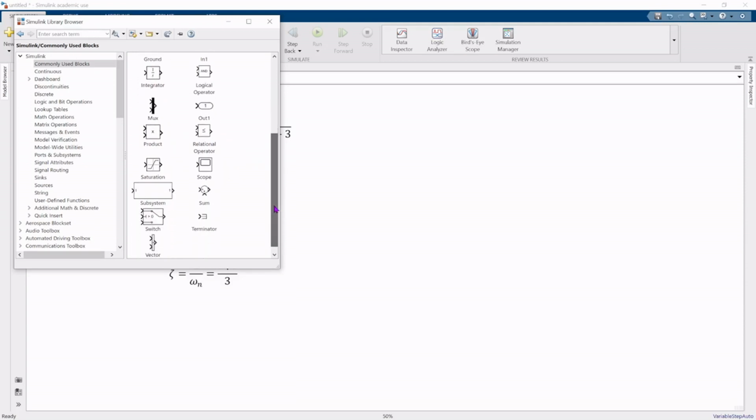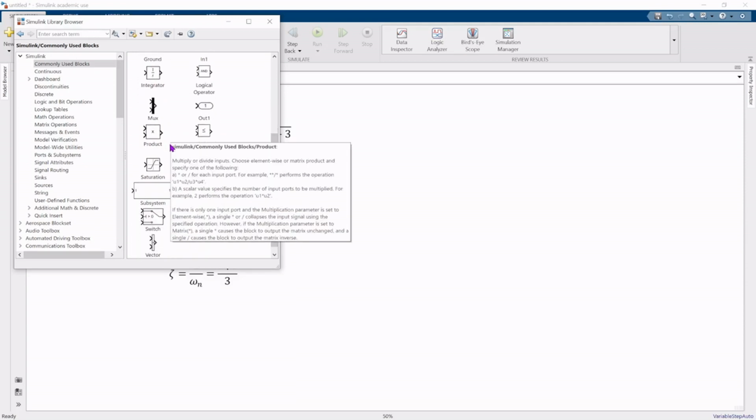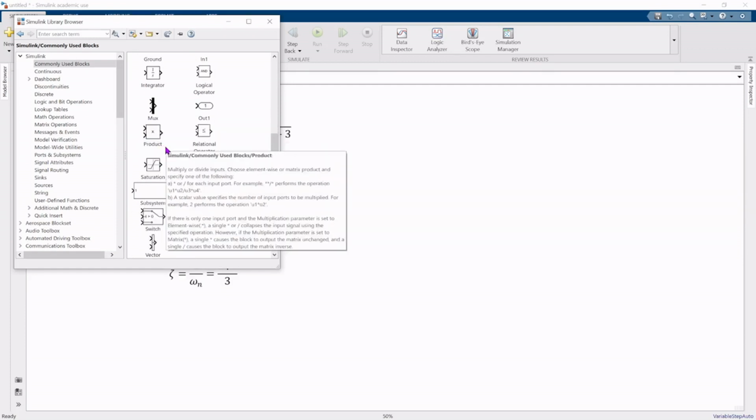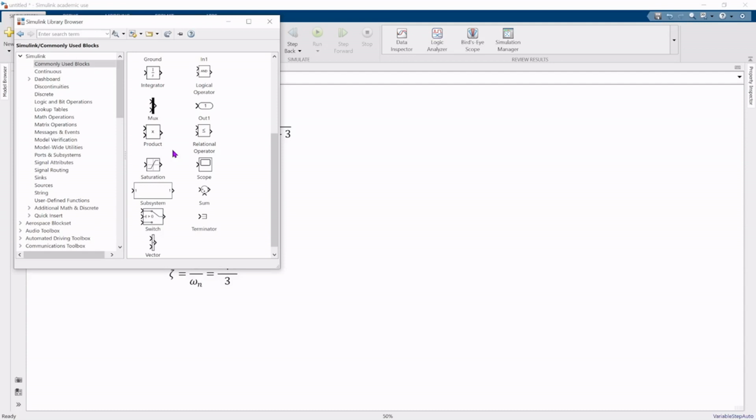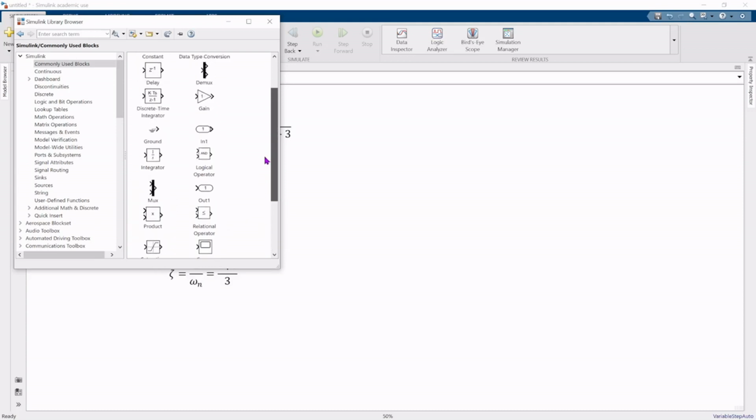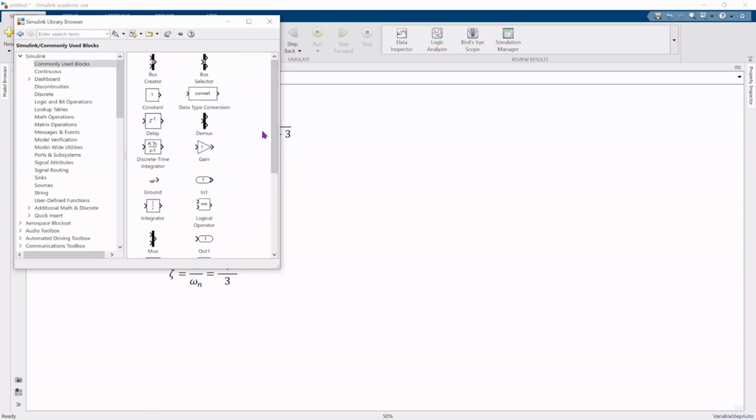If we scroll down, we see some more blocks that we could imagine are going to be useful. We have a block that performs multiplication, labeled product. And we also have our summing junction, which will come in handy with feedback systems. So we don't have any transfer function blocks in this menu. But if we go to